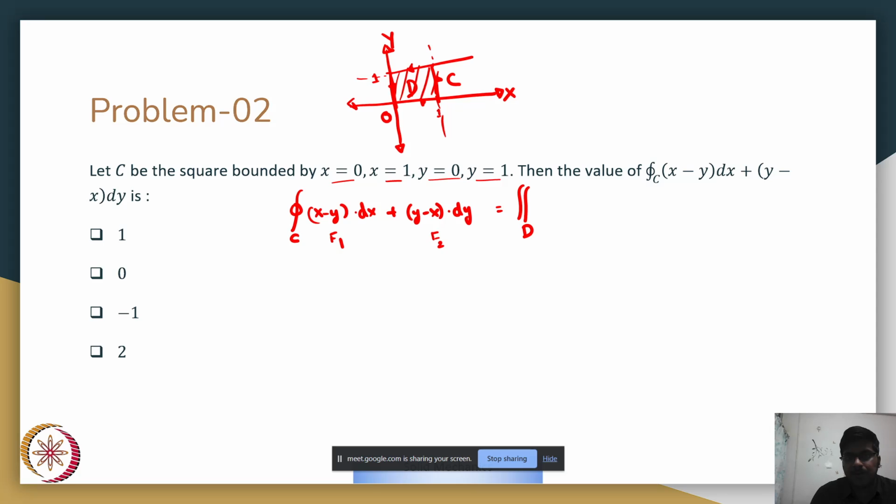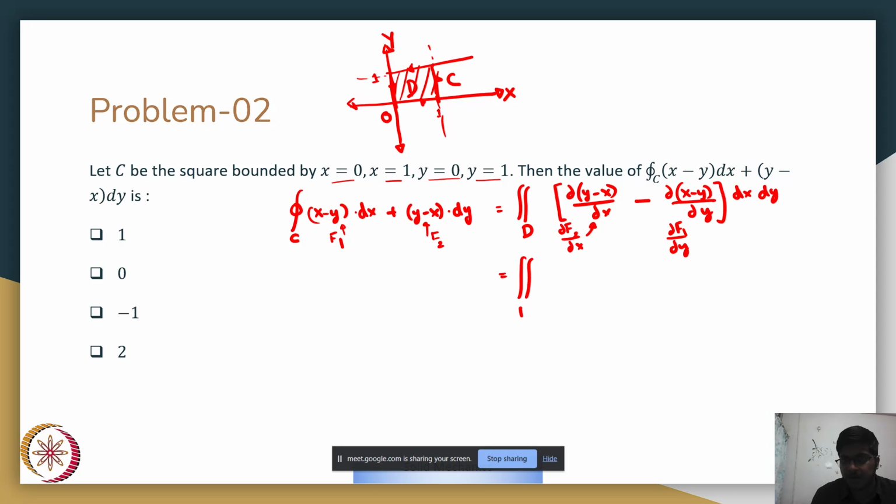This is equal to, the first term is ∂f2/∂x, which is nothing but ∂(y − x)/∂x, minus of, your second term would be, minus of ∂f1/∂y, which is the partial derivative of (x − y) with respect to y, into dx dy,